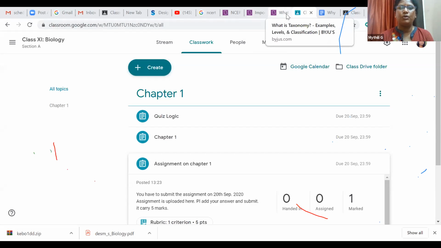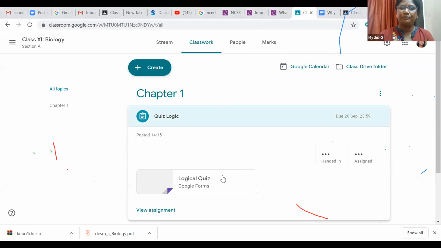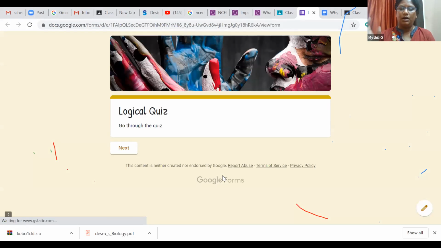For example, you can create the quiz with a yes or no, and if they say no, I have not studied this chapter well, then you can give the link or URL. They will go through that, and again they will come back to this. If it is a wrong answer, you can say to stop the quiz directly. You say go to the exit, and then come back again, or otherwise read it again.